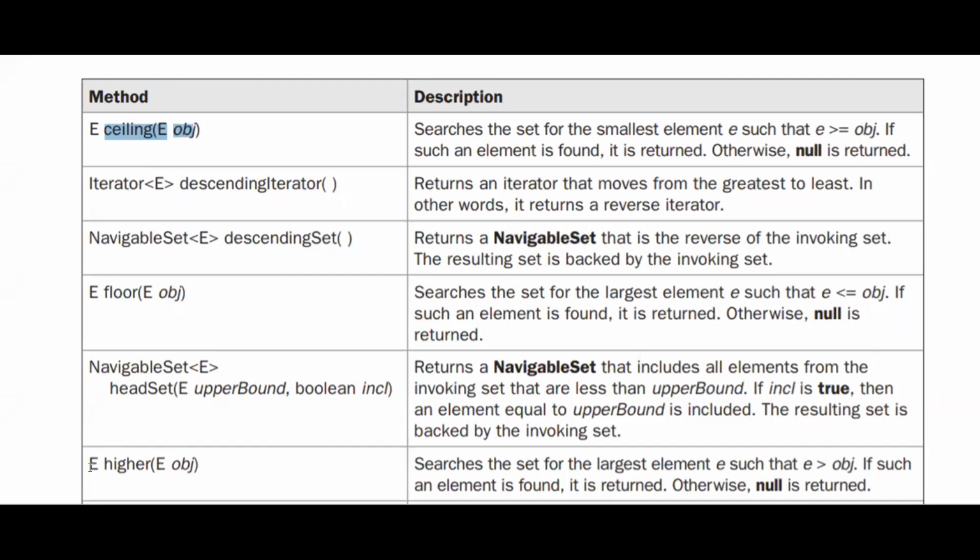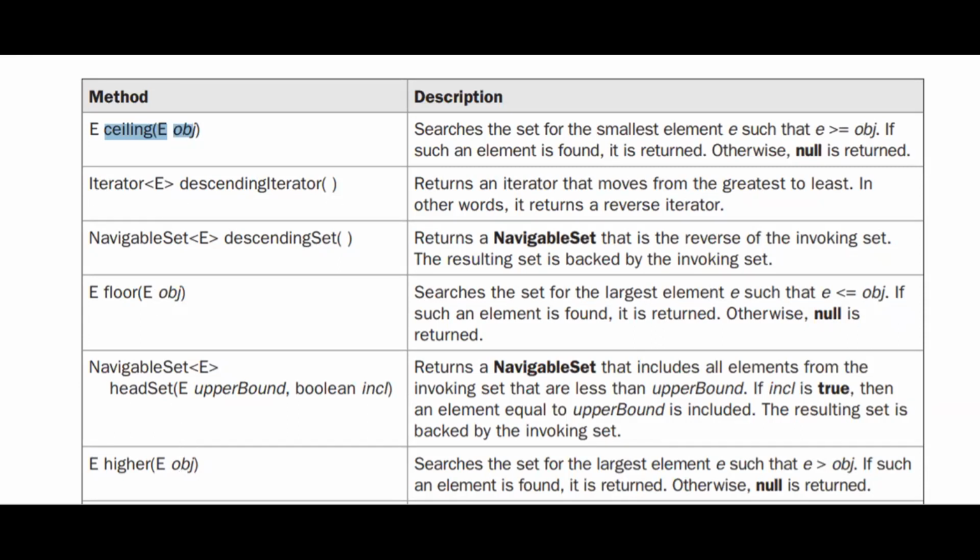The next method in this navigable set is higher. This particular method searches the entire set for the largest element. Here we will pass an object, and it will search for the largest object. If the largest object is found, that particular element will be returned. Otherwise it will return null.